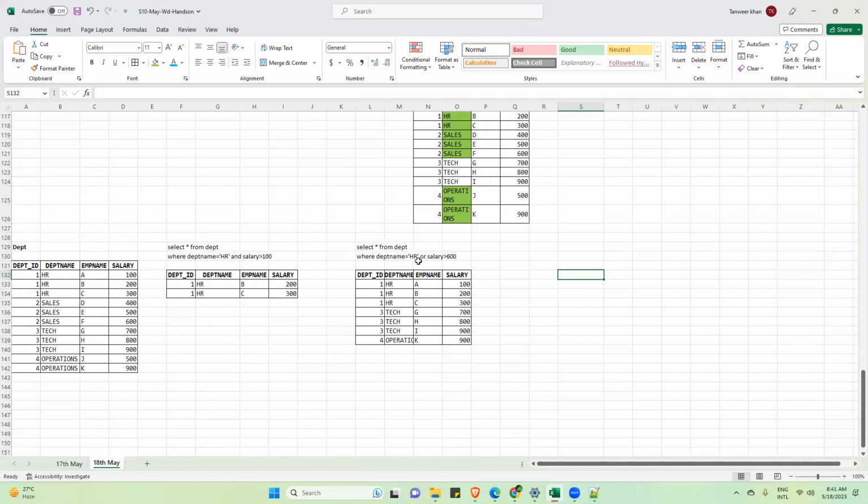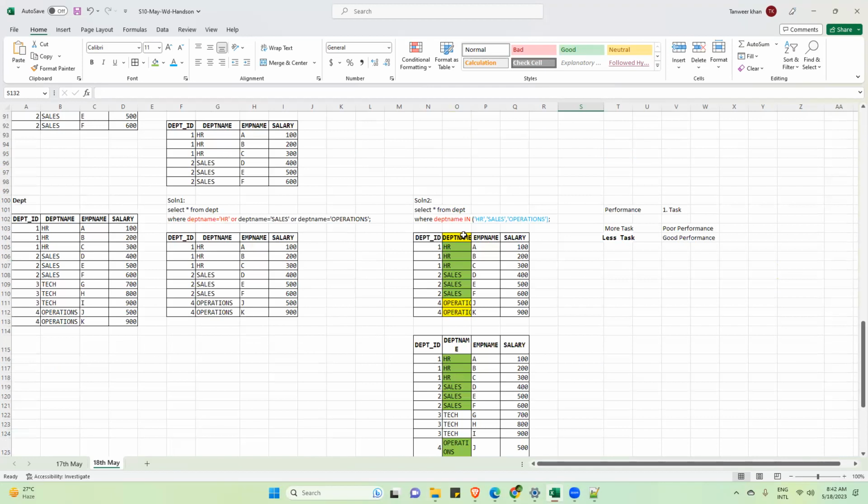No. Why not? The conditions are both different filters. One is the department and the other is salary. See here the condition is OR, I agree. But are the columns the same? No. So please remember